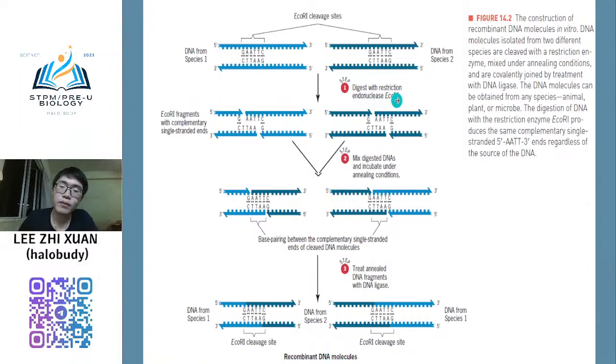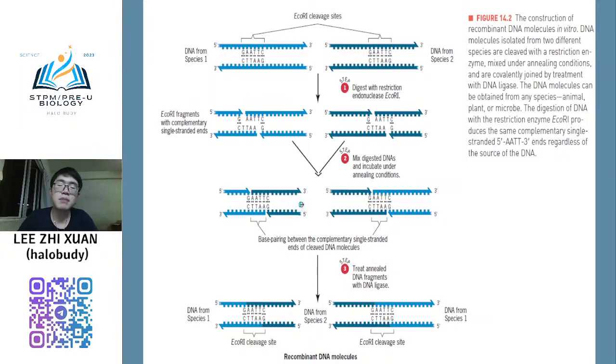So normally the first step is to digest with a restriction enzyme. The restriction enzyme will go and recognize the site. EcoR1 will recognize the site, and then it will cut the DNA, and after that it will produce the sticky end, and then they will mix together.